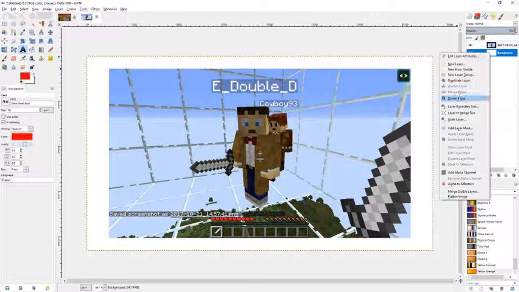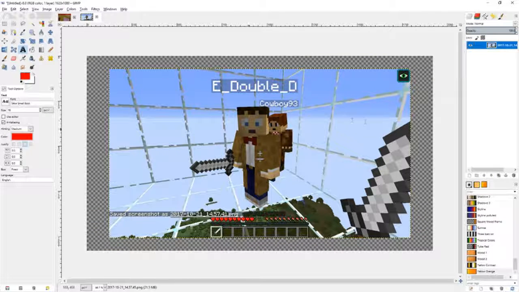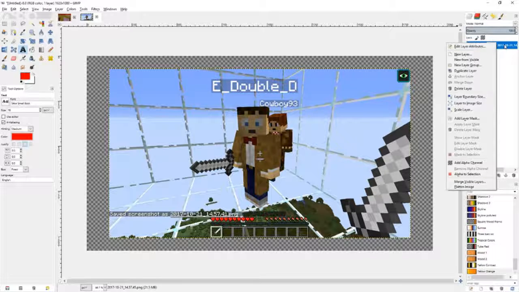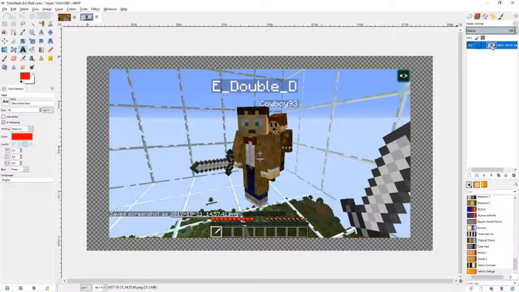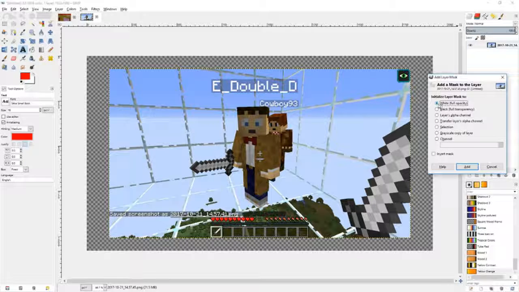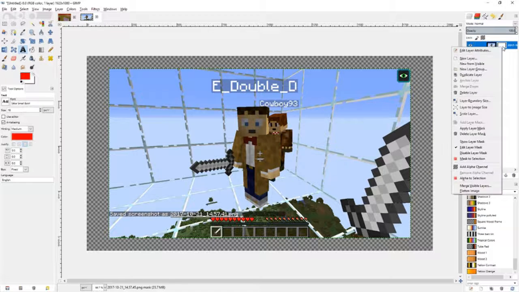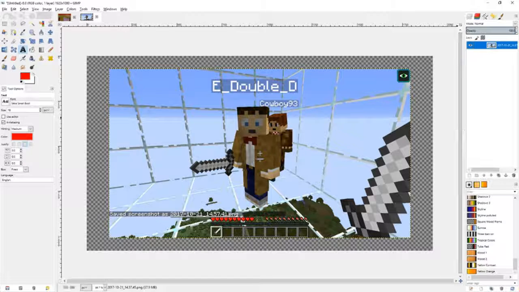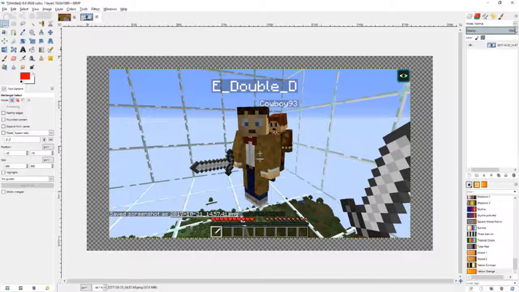So I'm going to go ahead and I'm going to delete this background layer, so it's just this, and then I'm going to right click on the folder right here, and then you'll get the drop down and add layer mask, right, and make sure it says white and hit add, and then right click it again and click on apply layer mask, and that will actually let you erase now. So if I grab the square rectangle, I can just come right here and then click in it and then hit delete,